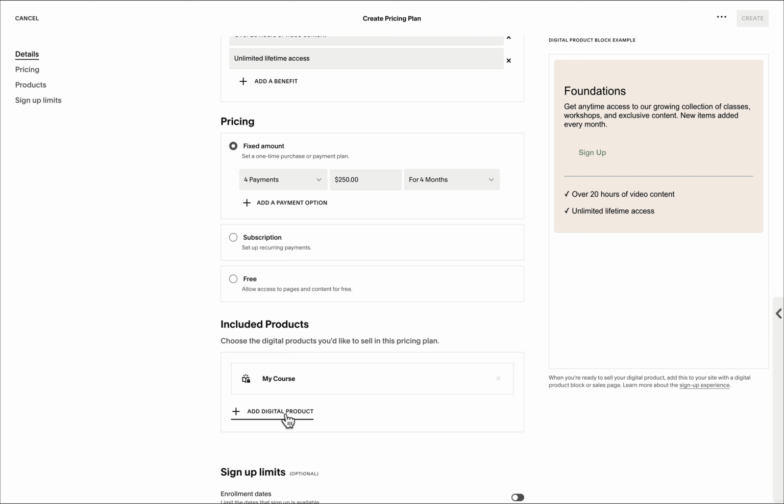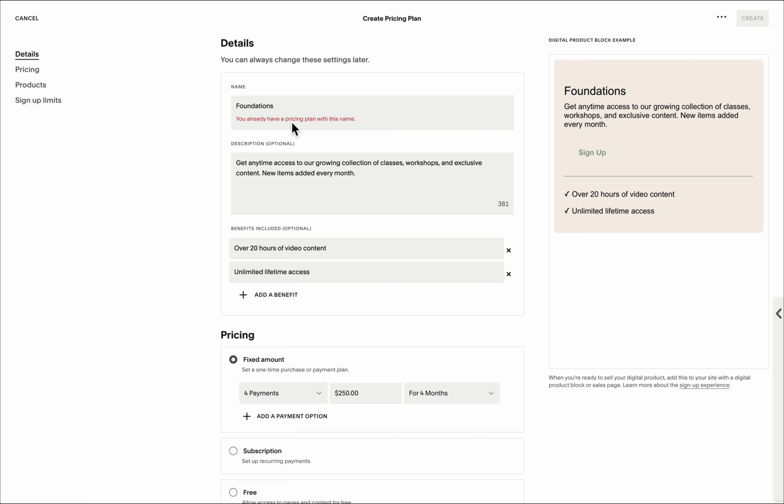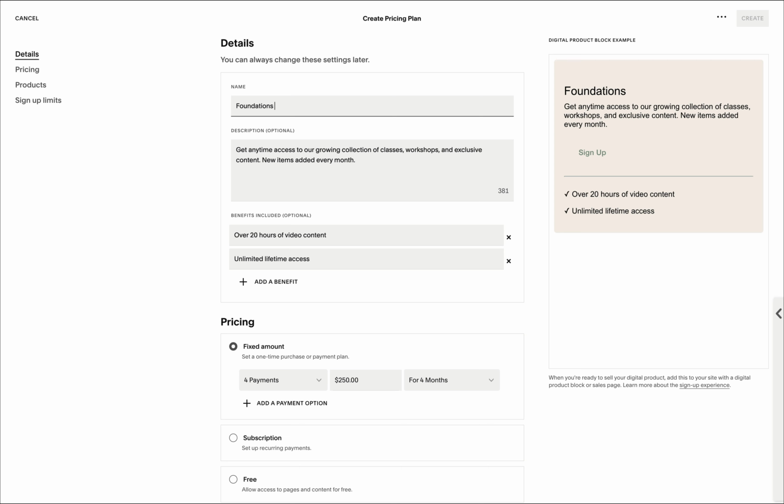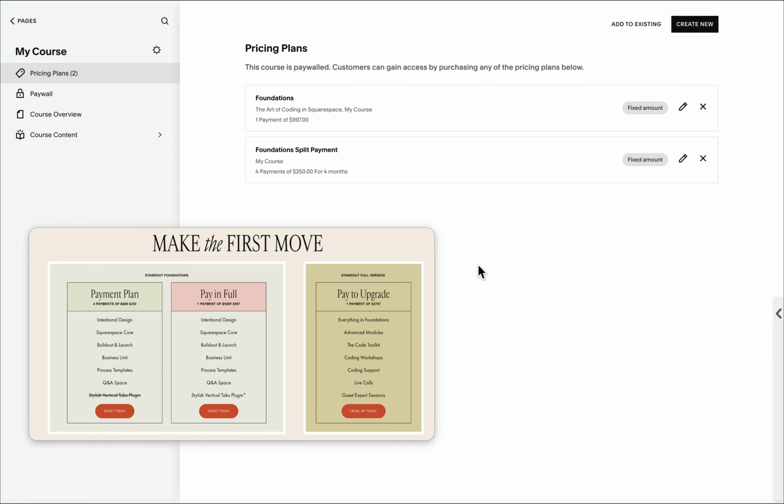For this pricing plan, I can add another bonus course, or I can just make that exclusive to those who pay in full. Notice though we have an error right here because we have the same name for the pricing tier. So I should name this differently. This should be Foundations Split Payment. Referring back to the pricing plans in my site, notice we already have this payment plan option. We already have the pay in full option. Our last pricing plan should be where I can bundle it with the advanced part of my Standout Squarespace program,